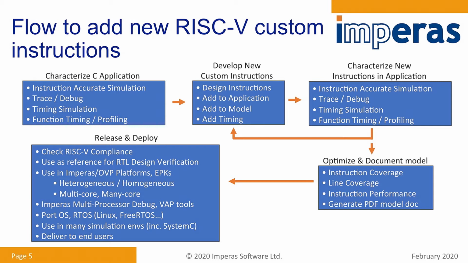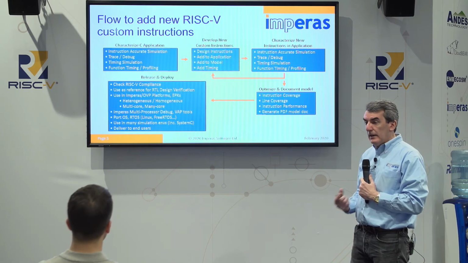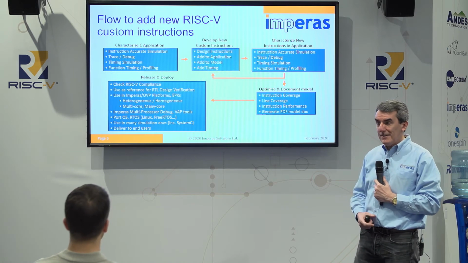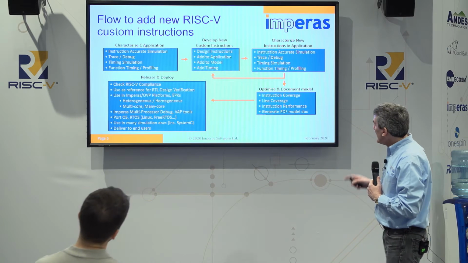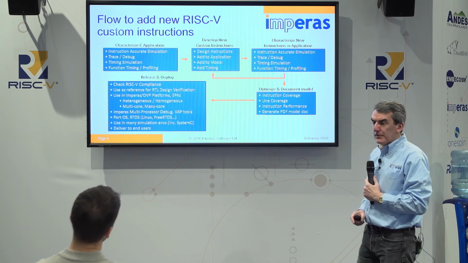Moving along the flow, as you start to identify a particular instruction that has some merit, you can build that into your model, simulate your whole design, and then look to see if that instruction really delivered the extra performance that you were looking for. As you work through an organized flow that we provide, we keep track of all the documentation as you iterate through designs, as you look at different metrics and trade-offs, to really keep you in that complete loop as you iterate through and find that optimal best instruction.